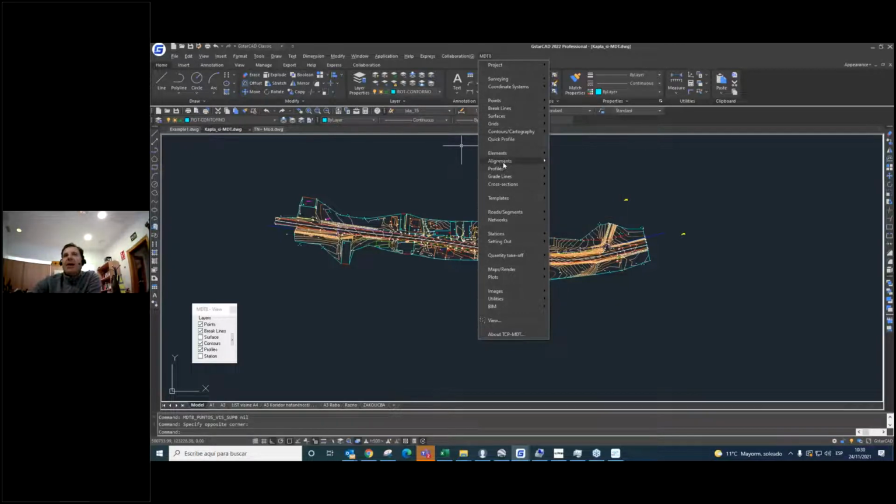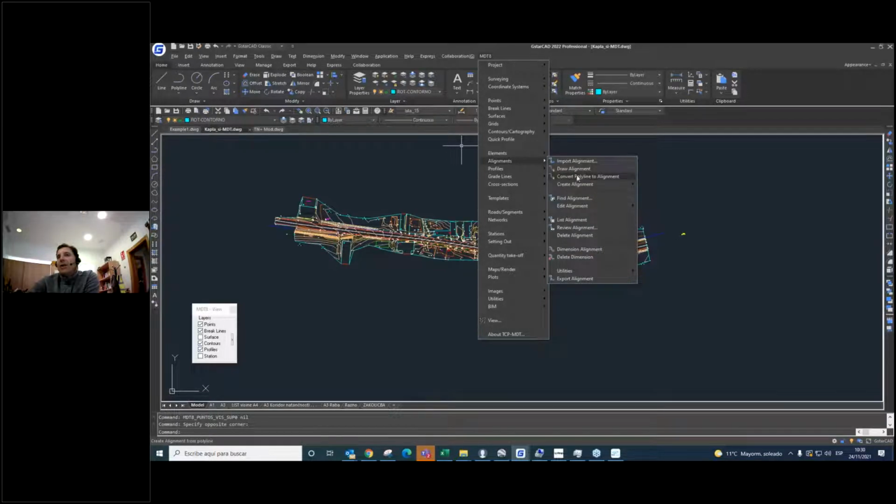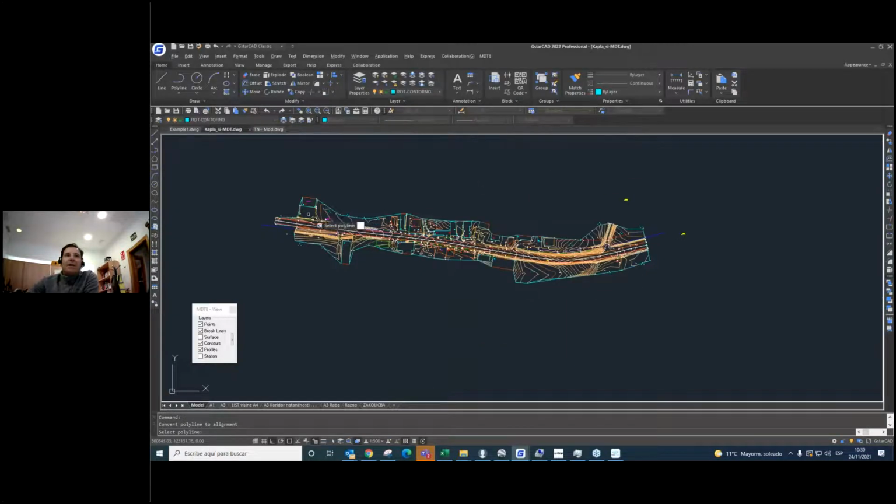So for that, I'm going to create an axis and a horizontal alignment. For example, we can use the convert polyline to alignment command to create our horizontal alignment. In this case, click on this option.